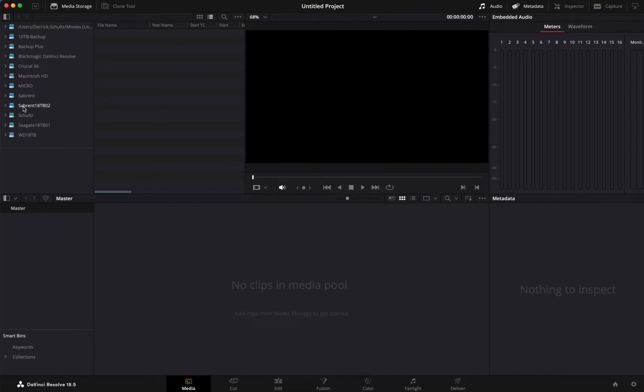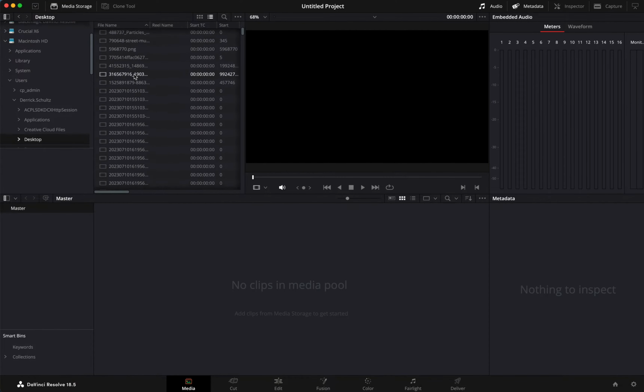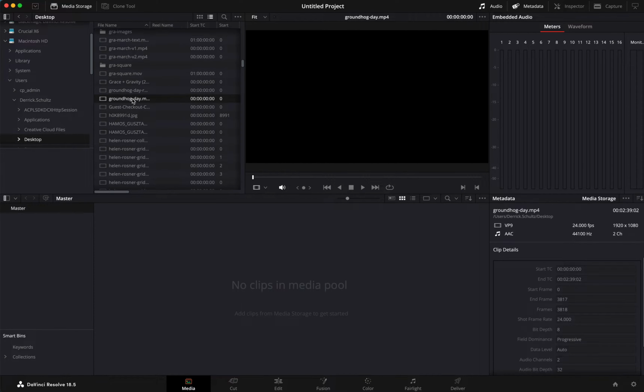So I'm just going to go and find my files here. They're in Mac HD, users, me, and then I need to go to the desktop. Then I've got to scroll all the way down to Groundhog Day. Sorry, you'll see how messy my files are. So here is my file, called Groundhog Day. Again, you can find this wherever you put your file. It needs to be local, so you need to pull it out of Drive.